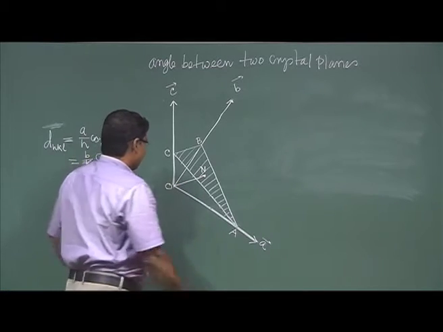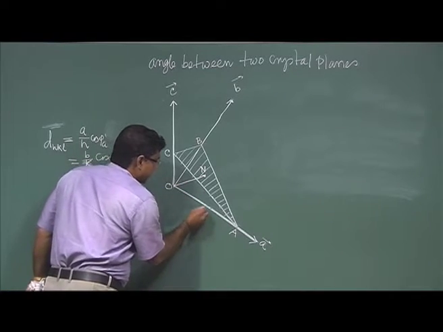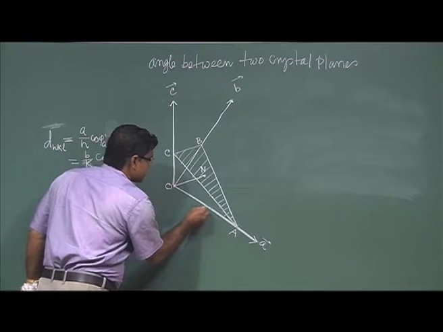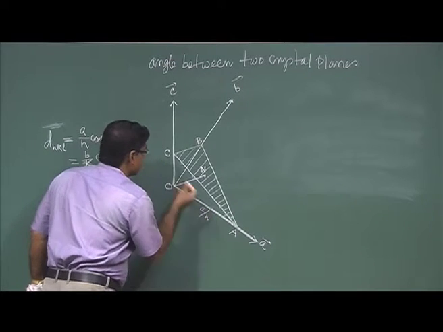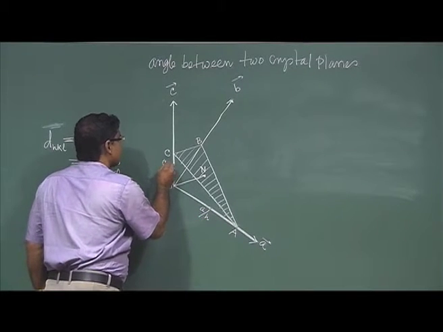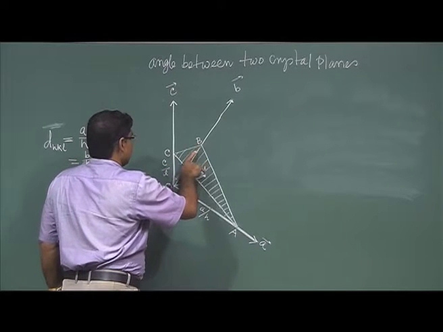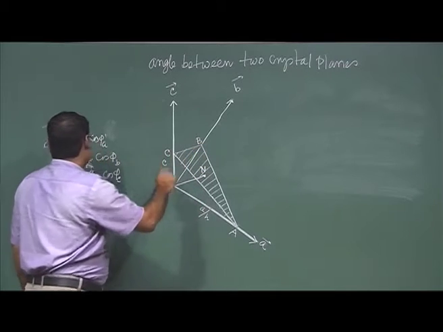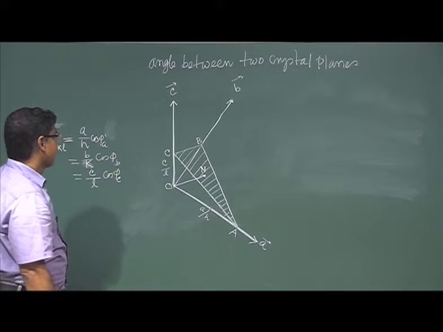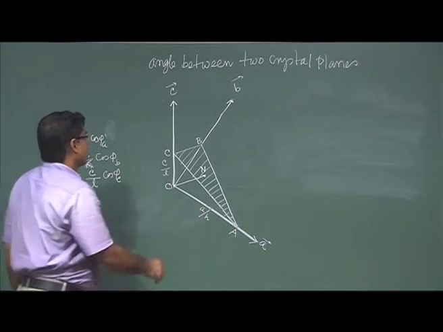This length is A by H, this is C by L, and this will be B by K. Now, if you draw another plane,